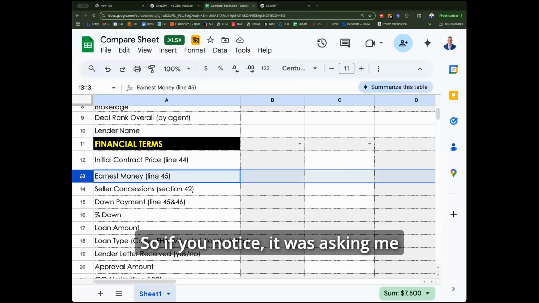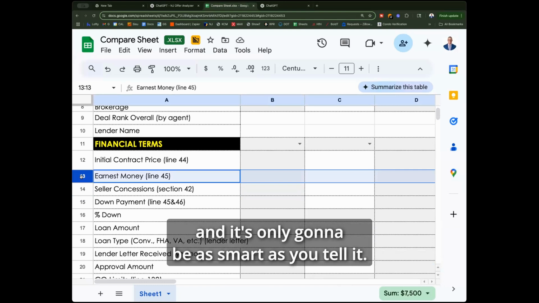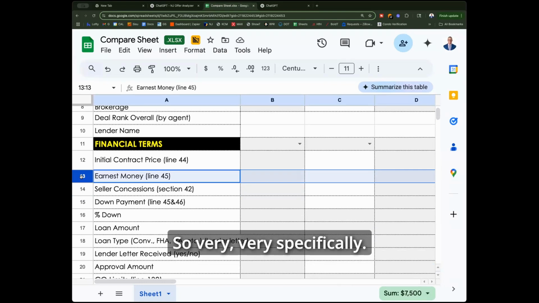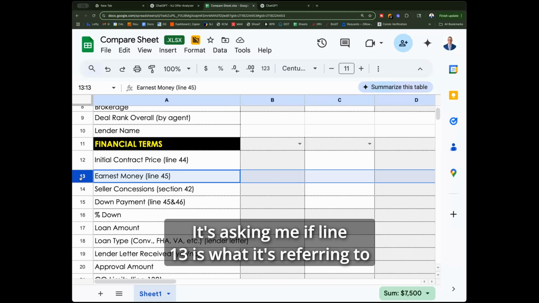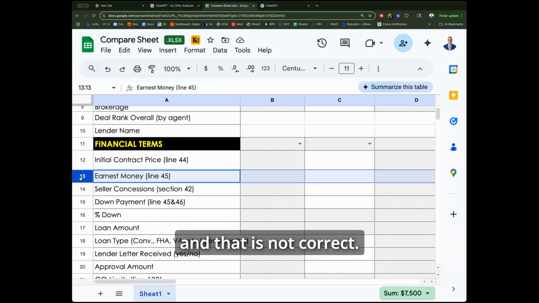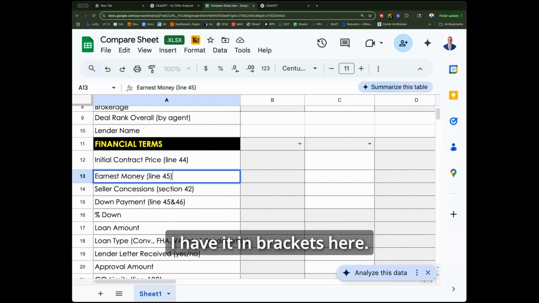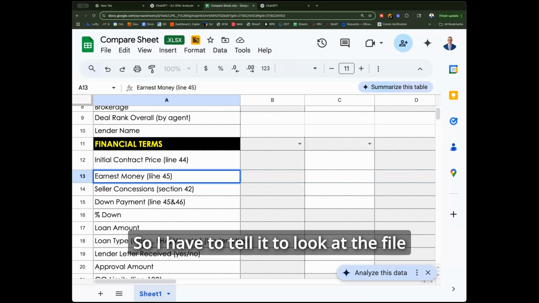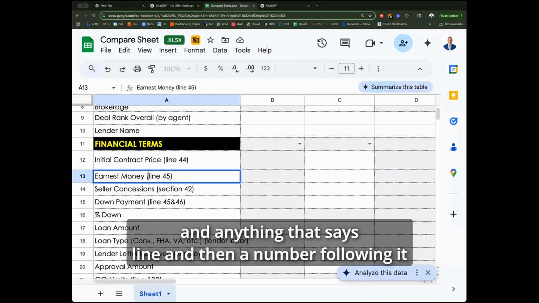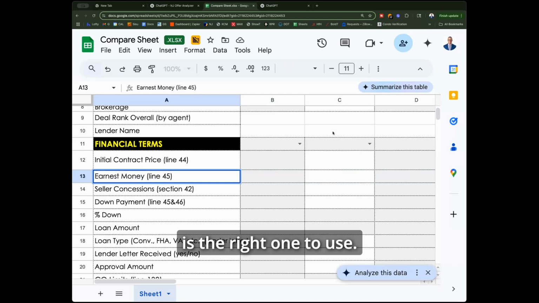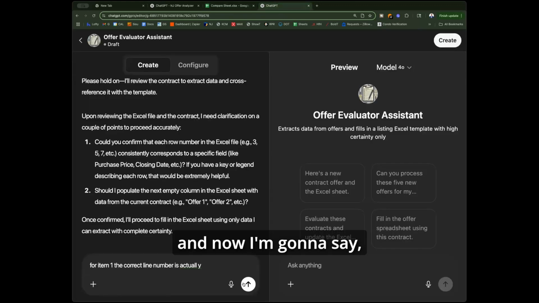So if you notice, it was asking me because I didn't tell it, and it's only going to be as smart as you tell it. So very, very specifically, it's asking me if line 13 is what it's referring to, and that is not correct. I have it in brackets here. So I have to tell it to look at the file, and anything that says line and then a number following it is the right one to use. So I told it the wrong instruction, and now I'm going to say,